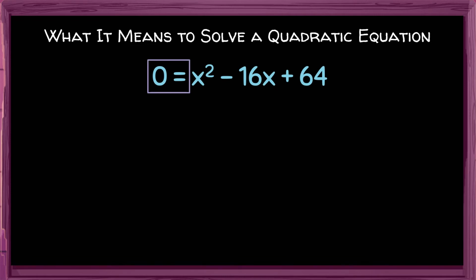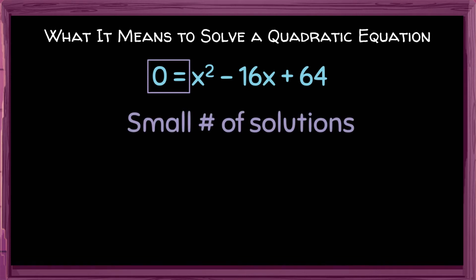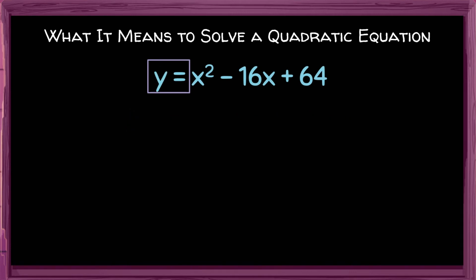So the number of solutions here will be very small. A parabola contains trillions of solutions. This equation will not have a parabola for its solution. Good, V9. Now, Wendigo, what if I kept the same equation and just changed the beginning to y equals? If I ask you to solve this equation, will we have a very small number of solutions or a very